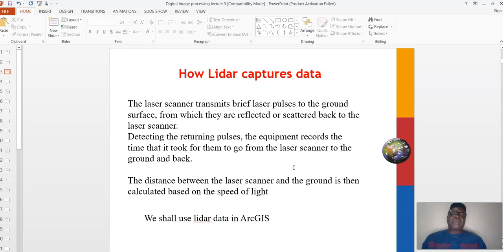So by detecting the returning pulses, the equipment records the time it took for them to go from the laser scanner to the ground and back. The emitted energy that goes to hit the target and return is used to measure the height or the distance of the object. So the distance between the laser scanner and the ground is calculated based on the speed of light and the time it takes the light to get to the object and return to the equipment. That's what is